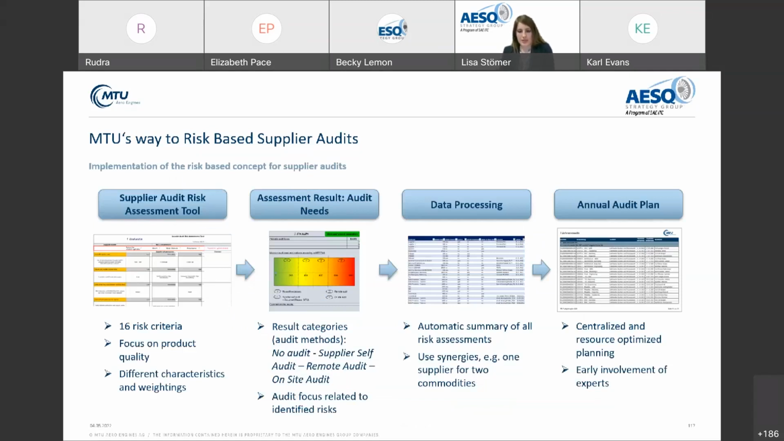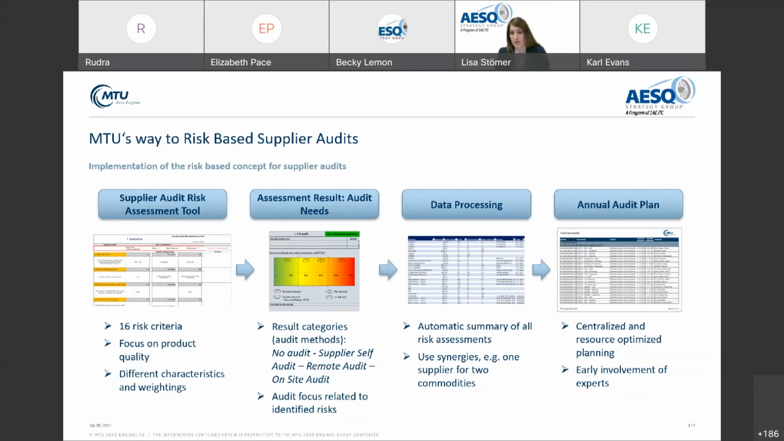So here you can see the new process for the annual audit planning at MTU. What we do is an annual audit risk assessment for each supplier. And this is done by the MTU's Supplier Quality and Development Department. For that, we have developed an Excel tool called the Supplier Audit Risk Assessment Tool with 16 criteria, which